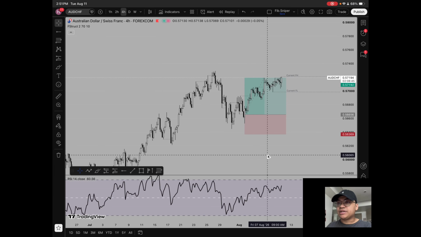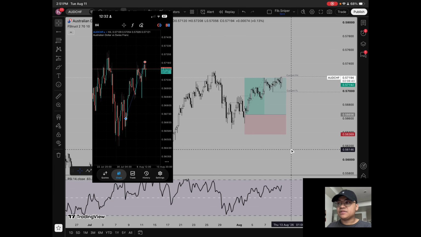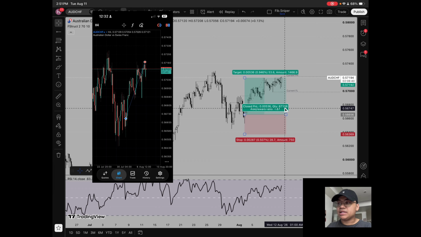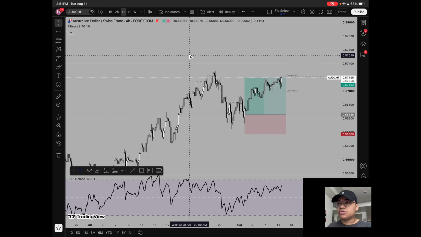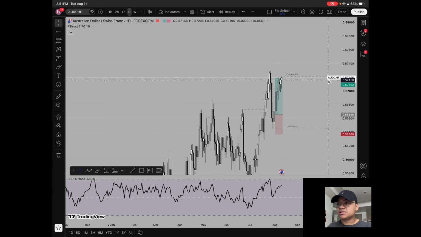Okay, so we're going to look at our trade today in AUD CHF, the Aussie Swiss, for a 1.87 risk to reward, which we close right now. And so we're going to go to the daily time frame and see the confluences that we were looking at